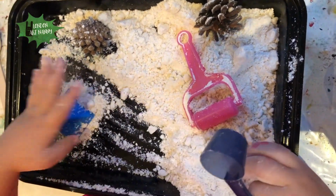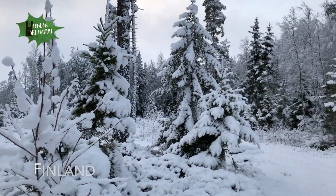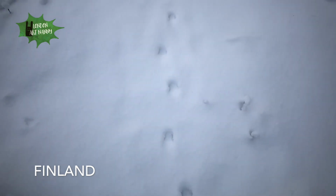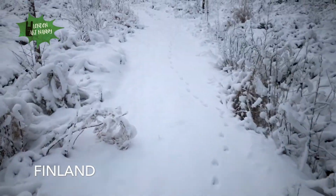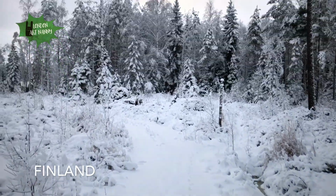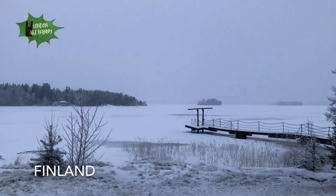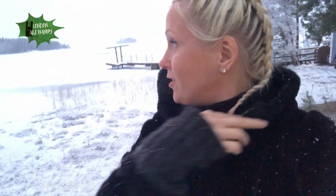But now let me show you some more snowy sceneries from Finland. Following these footprints, let's see who it is. So that's where we're going swimming. Or maybe some, I'm not sure if I'm gonna jump in there, but...